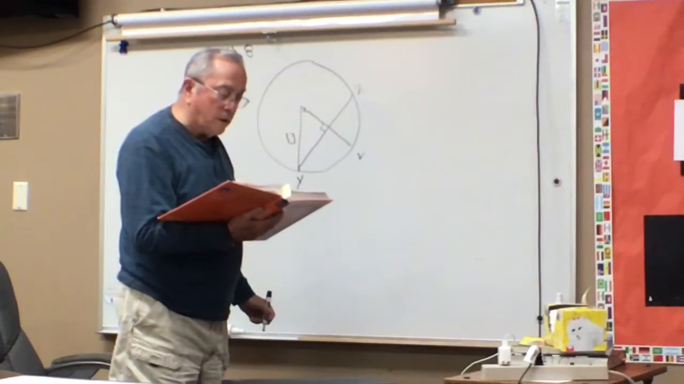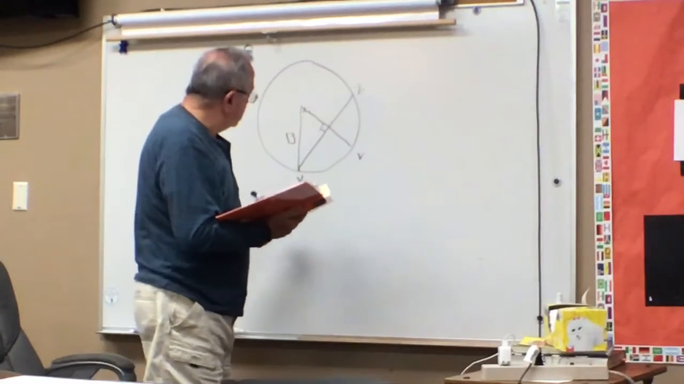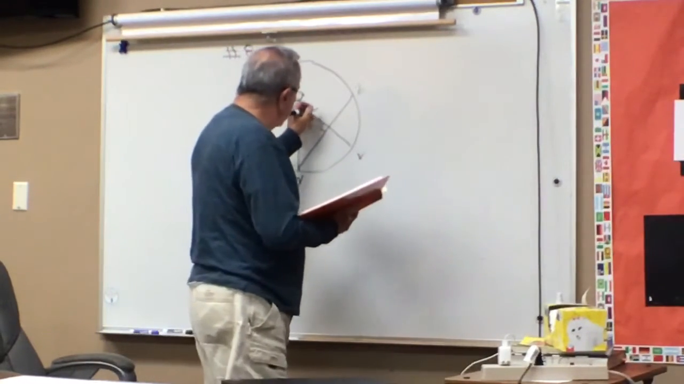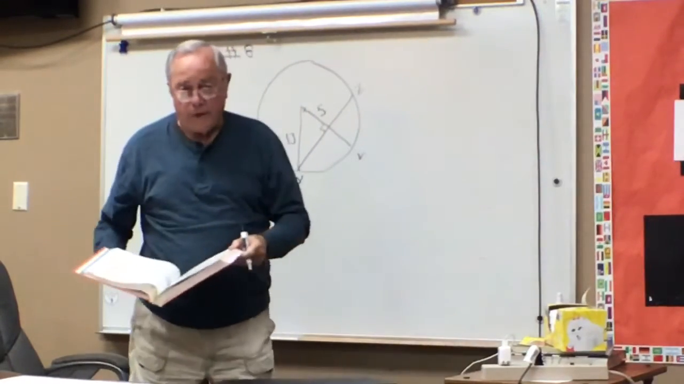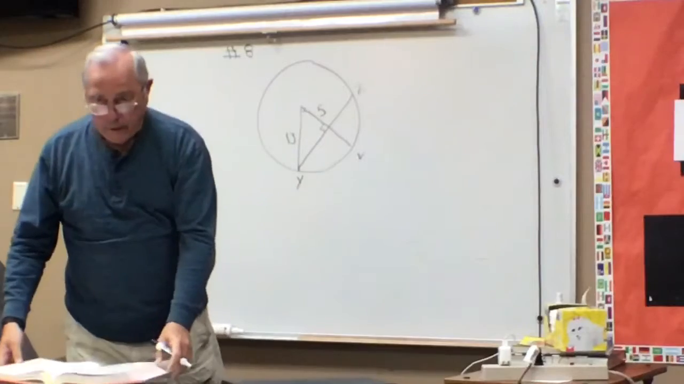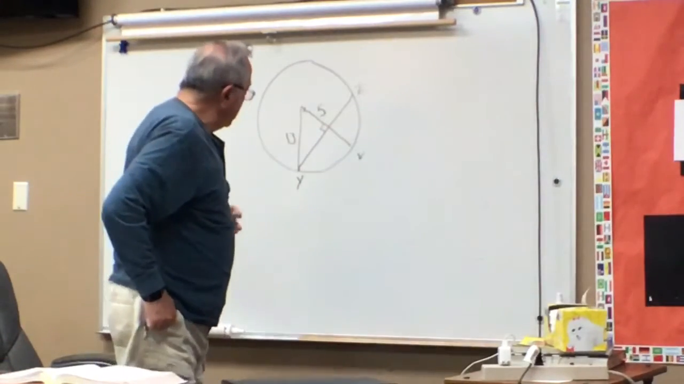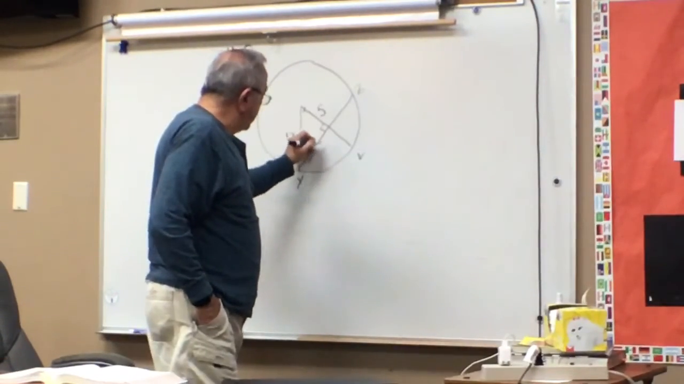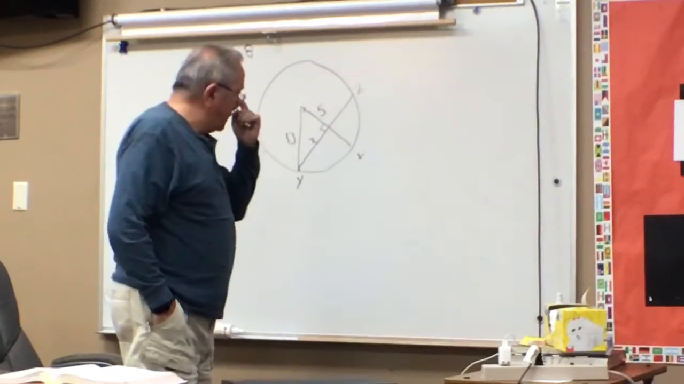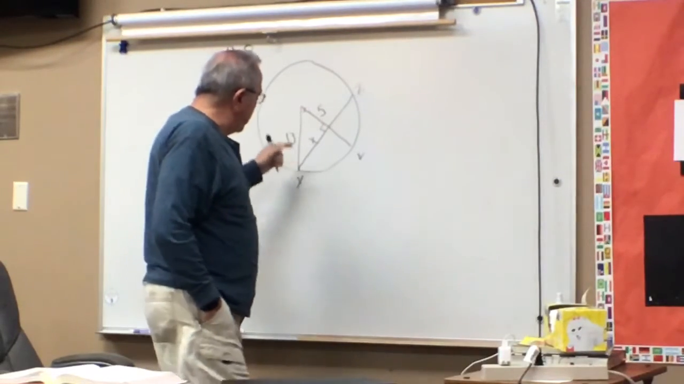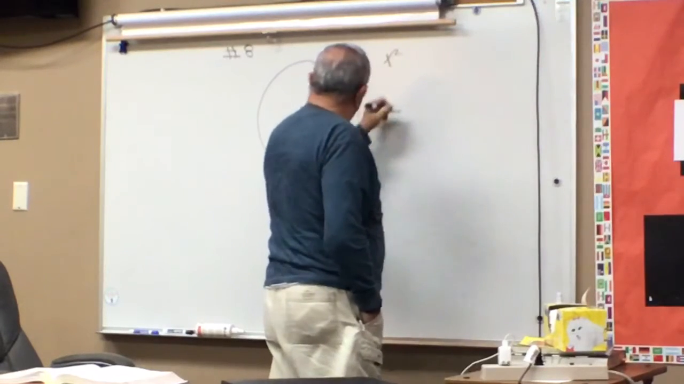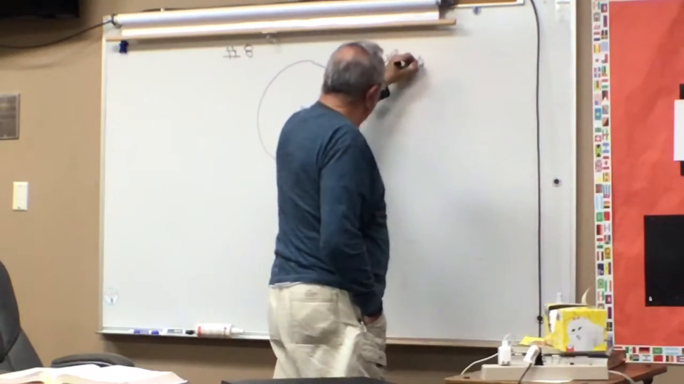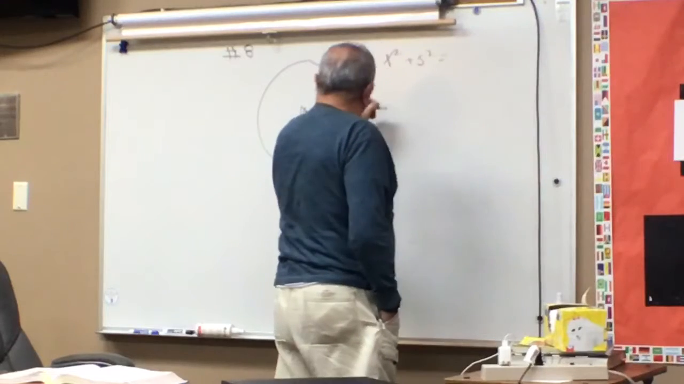And it says XW is 5. Guess what? Same problem over again, isn't it? Pythagorean theorem. It's a 5, 12, 13 triangle, isn't it? But let's review it. So I need to find this, don't I? So now it's a Pythagorean theorem. I know that x squared plus 5 squared equals